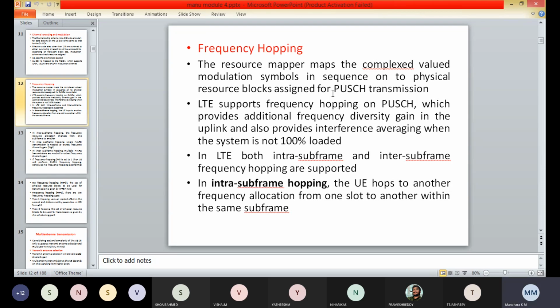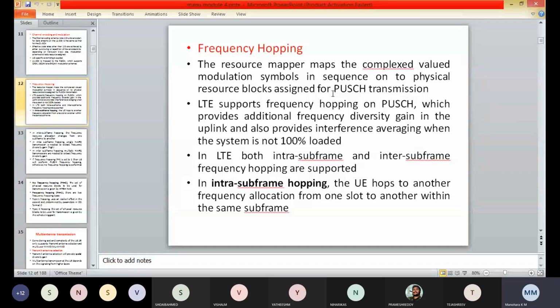As a consequence, there is very little frequency diversity gain. In the downlink, it is possible to allocate disjoint sets of resource blocks to the user equipment to extract some frequency diversity gain.